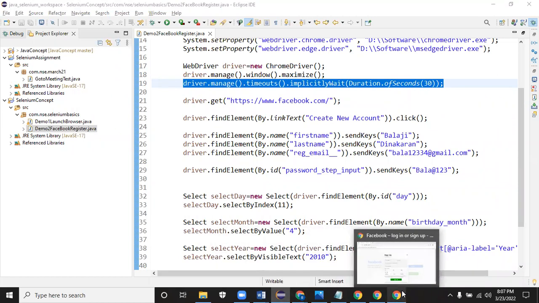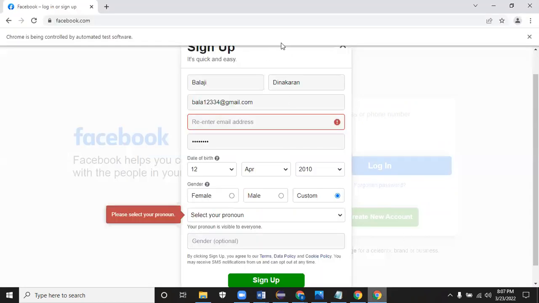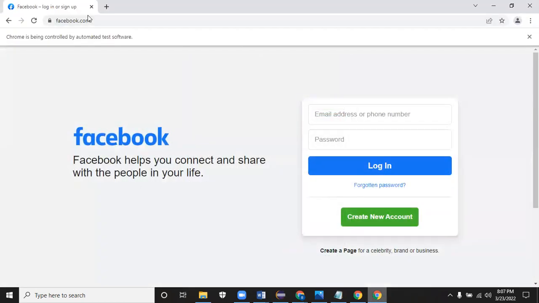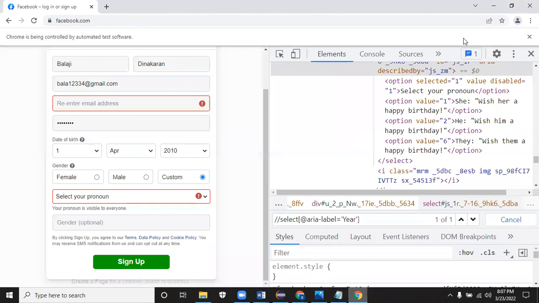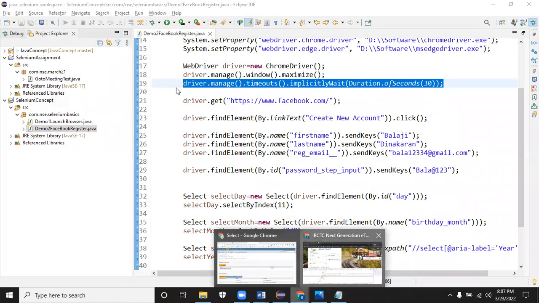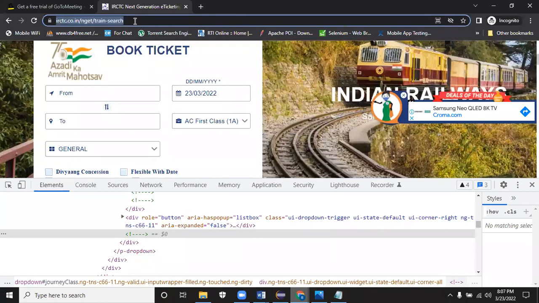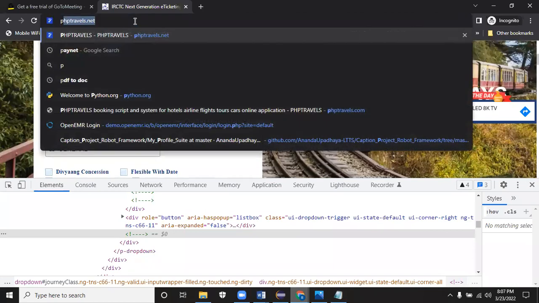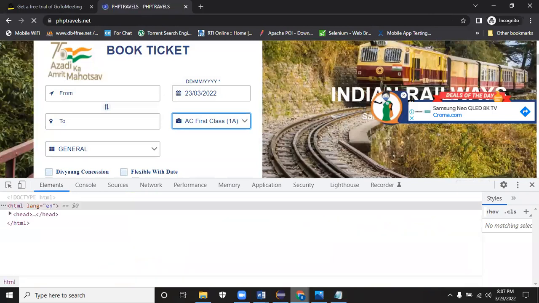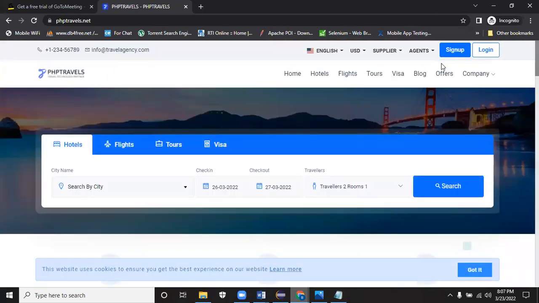See, CAPTCHA is something which is to stop the automation only. CAPTCHA is something to stop the automation only. That is not intended for automation. Basic CAPTCHA, if the CAPTCHA is asking for image and all, we cannot do anything. If it is just asking you to click on it, then